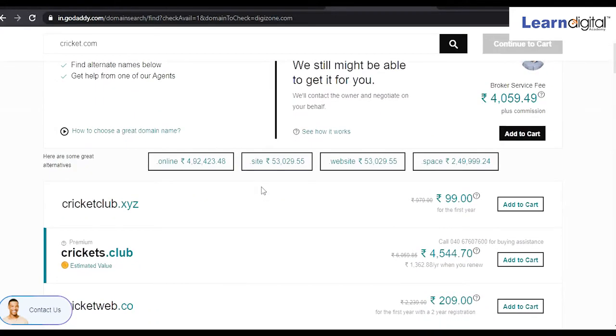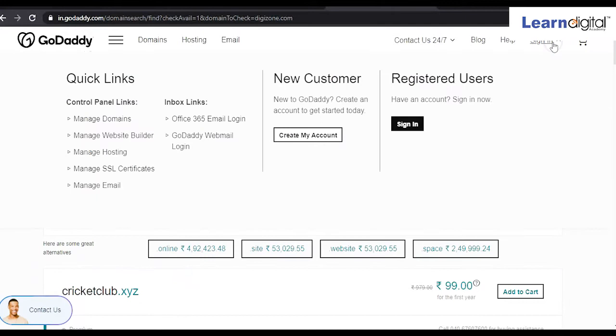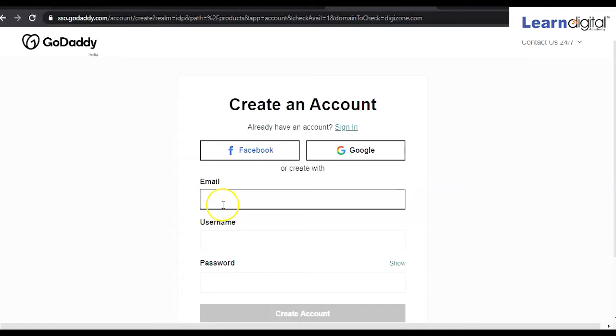Now you have guessed that you want to purchase a domain. So purchasing a domain is as simple as doing online shopping. First of all, if you want to purchase this domain, you have to create your account over here by clicking on the sign in option. You have to create your account, right? Create my account. Then it will ask you for your email ID.